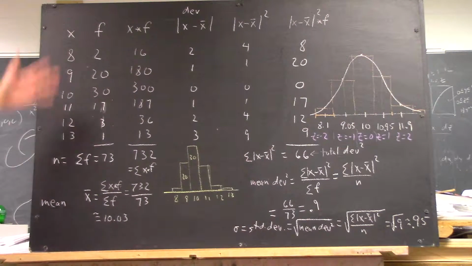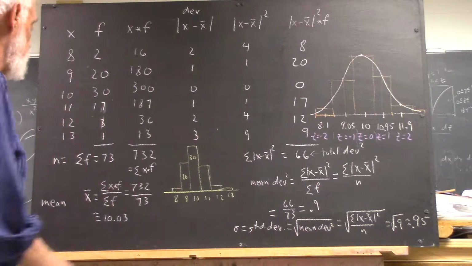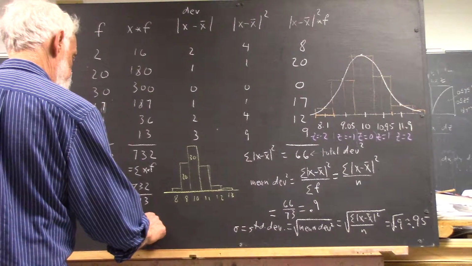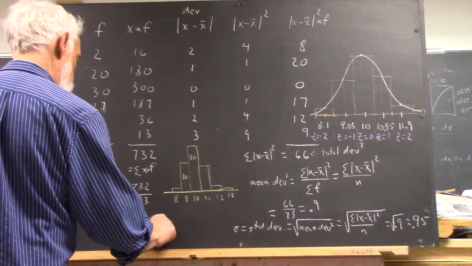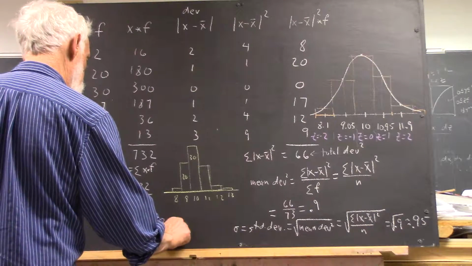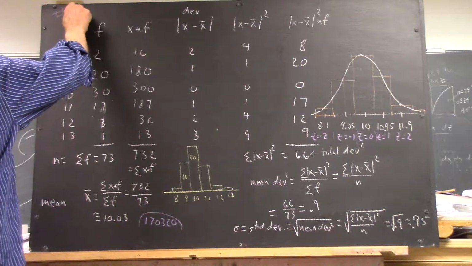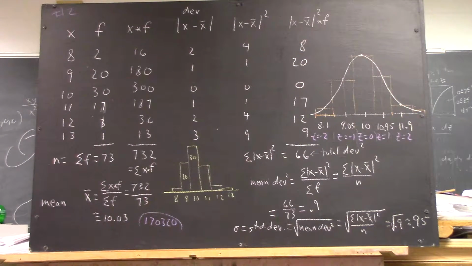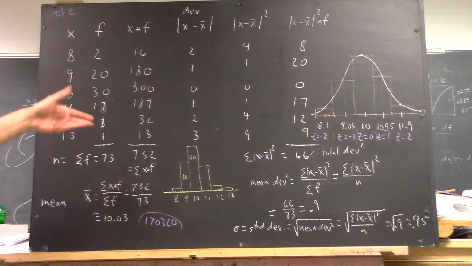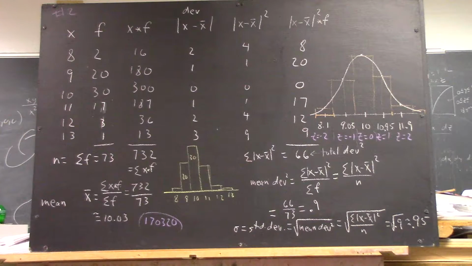Here we have a frequency distribution for shoe sizes. This is in the 170320 document, number 2. So we take the shoe size information and set it up as a frequency distribution, and then we calculate